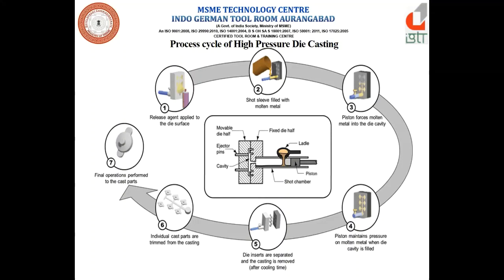This releasing agent forms a barrier between the die surface and the hot metal, so that the metal may not fuse to the mold surface, resulting in difficulty in cleaning up, and hence a loss of production efficiency. This releasing agent may be in the form of graphite grease, colloidal graphite, or a water mixed die spray. According to the metal we are using in our high pressure die casting, different releasing agents can be used.